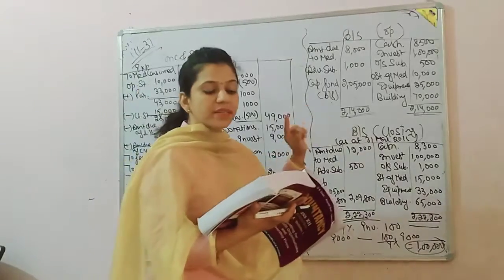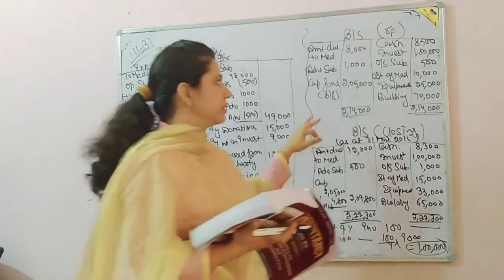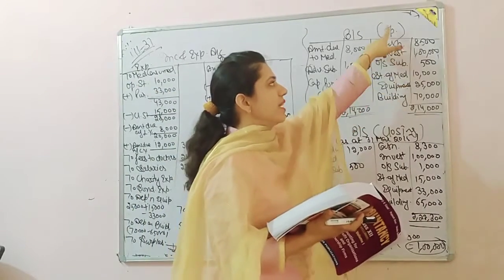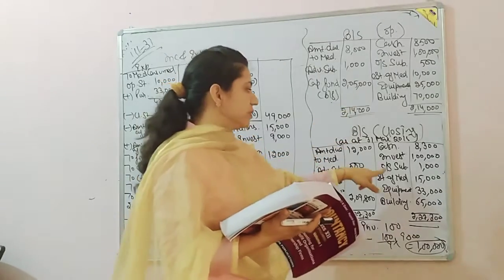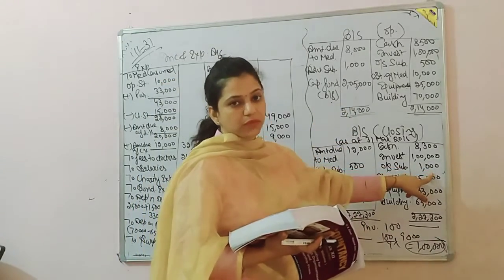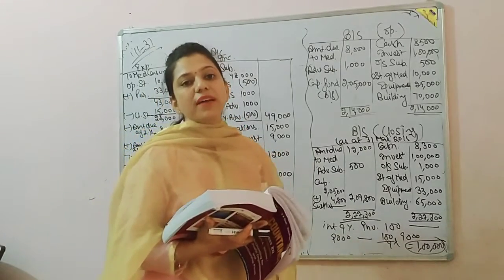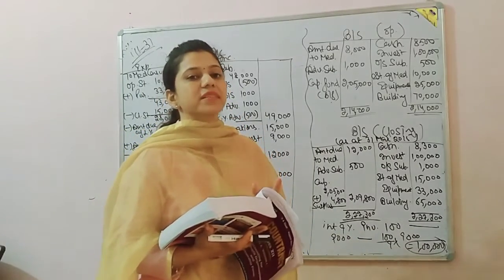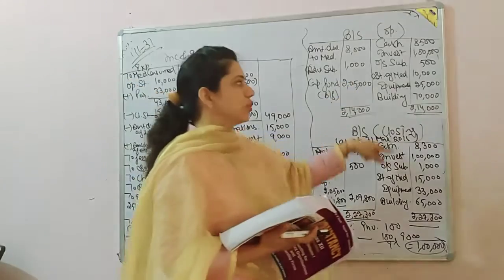So the first adjustment is outstanding subscription of last year 500. So outstanding subscription of last year in opening balance sheet is 500 and current year is 1000, so it is in closing balance sheet 1000. Keep it in mind that we have to do double treatment of every adjustment, then move forward. So what is the double treatment of both of these?